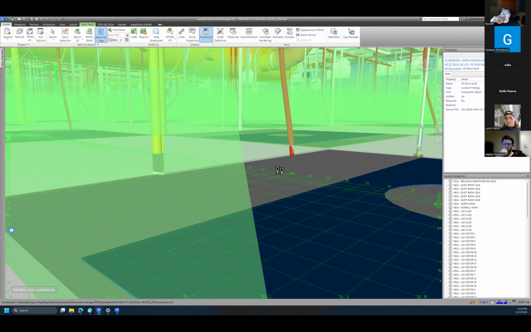So GPS is out there, and GPS is really cool because we don't need to set up a control system. We know where we're at. The problem with GPS is it's softball size at best. Realistically, it's probably more about volleyball sized, meaning it'll give you a point and you could be 4 inches off of where you really want to be located. GPS is great for what it is, but it's not